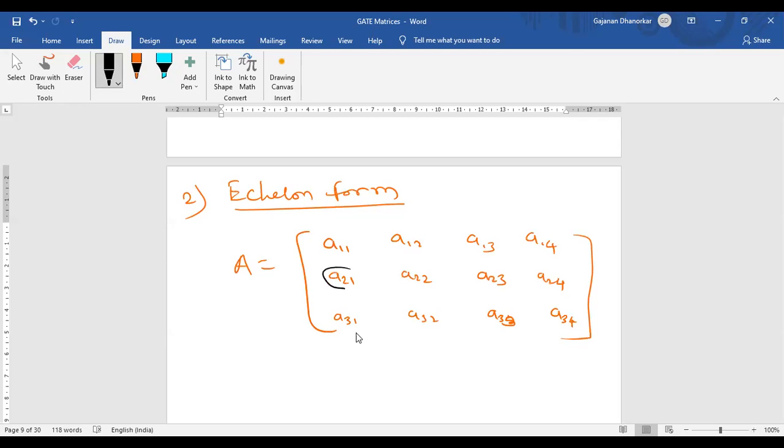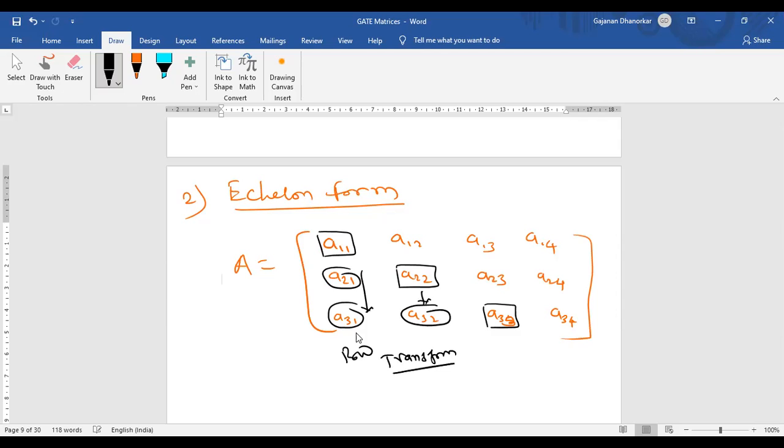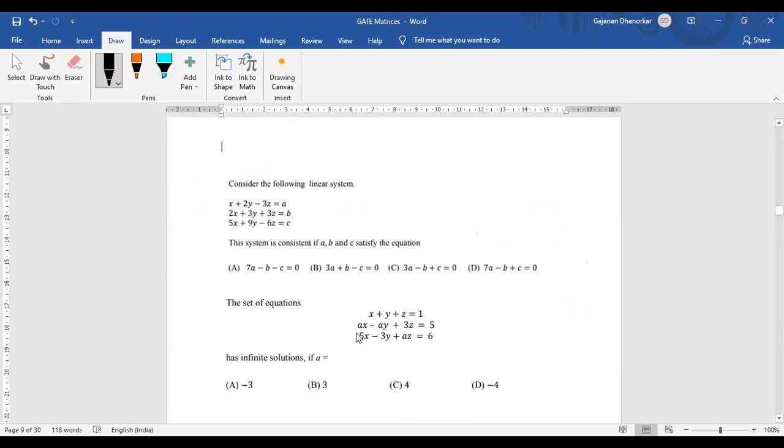Below this element, जो भी है, all these are again here. These are not directly diagonal elements, but roughly we say that these are the diagonal elements because this is not a square matrix. And we can find rank of any matrix, any order. Here below this element, we have to forcefully convert these elements to 0 by using row transform. We are converting below these diagonal elements into 0 by using row transform. Then finally we are getting this structure as